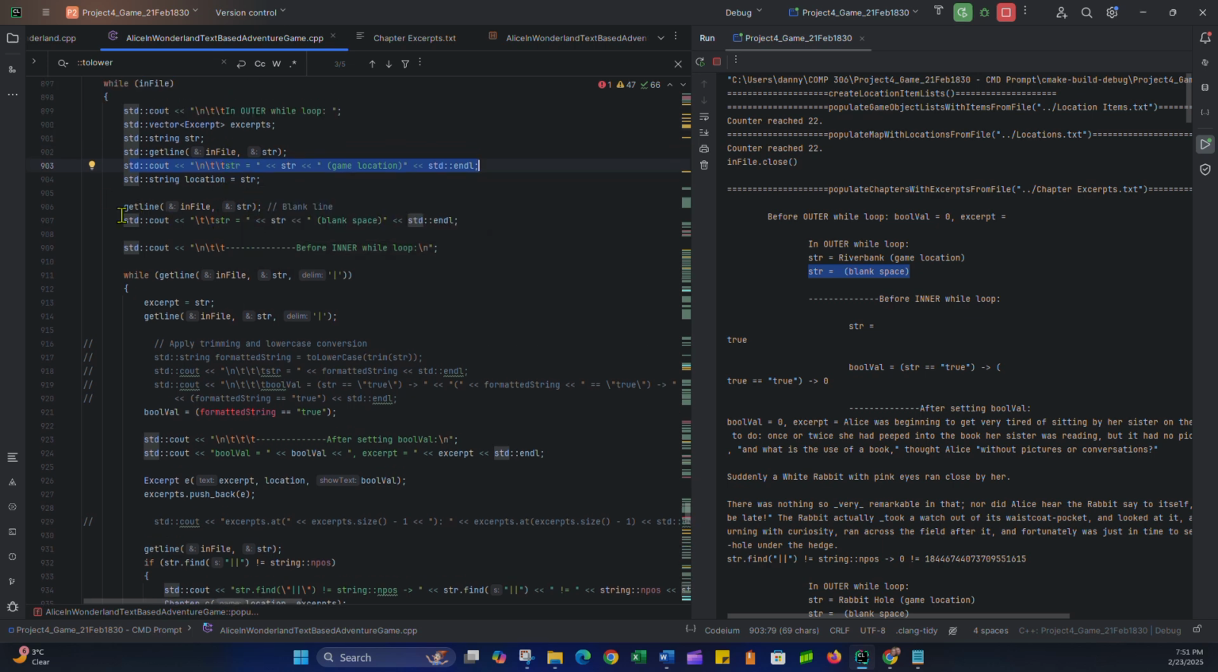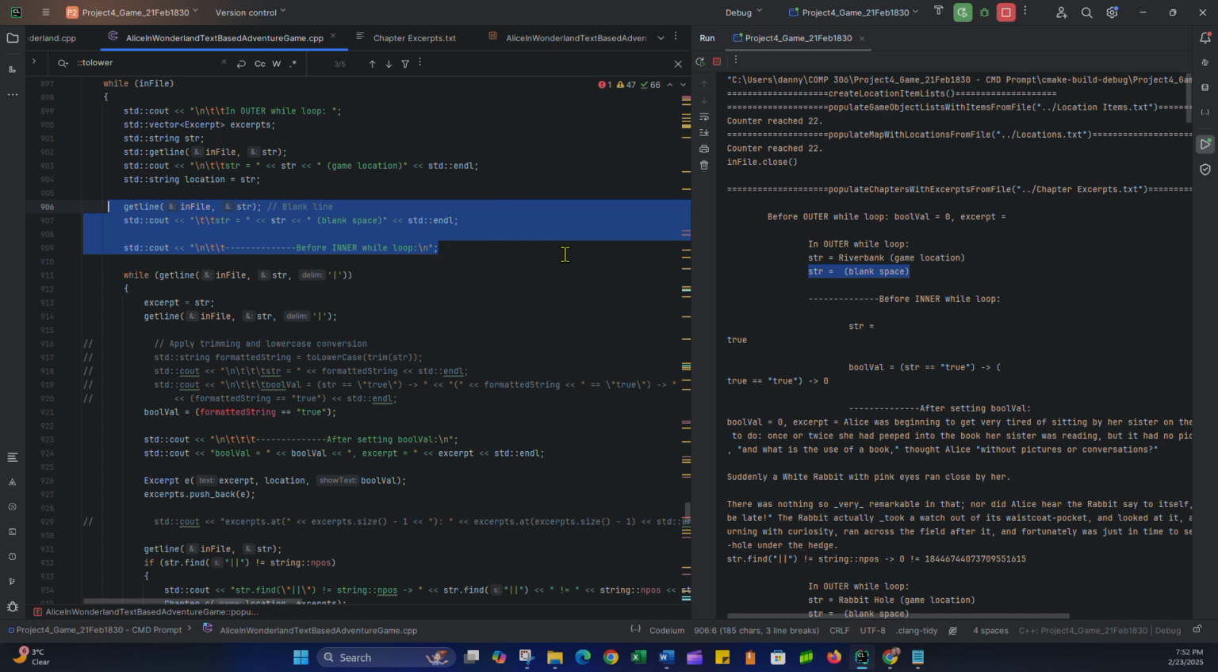then I come down here. So the first time I just read in the game location, and I assign that string to a variable called location, and then I call getline again, expecting a blank line. So I just read it and don't do anything with it because it's a blank line. I'm printing it out, again, for the purposes of debugging. And then before I enter the inner loop here, which is this loop here,